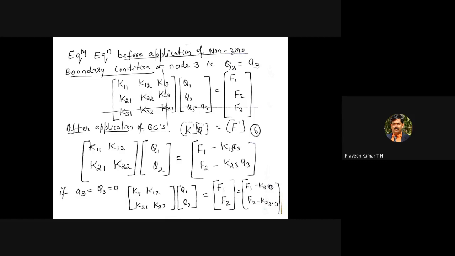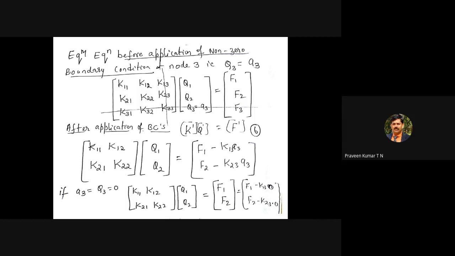In a similar way, we move this constant term to the right side. One more way to remember is, we are eliminating the first row and first column. We have the resultant matrix with F1, F2 on the right hand side. After K12, we have K13. That should be moved to the right side. Even though we have eliminated it, in our case it is K13. The K13 into A3 goes to the right side.